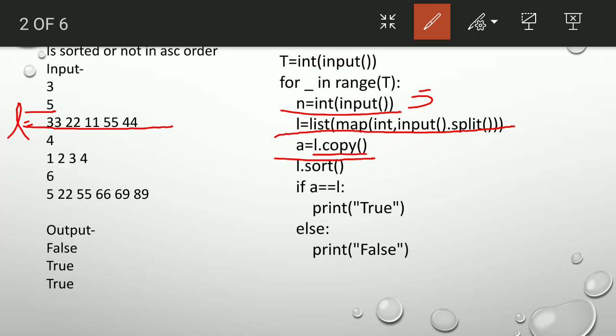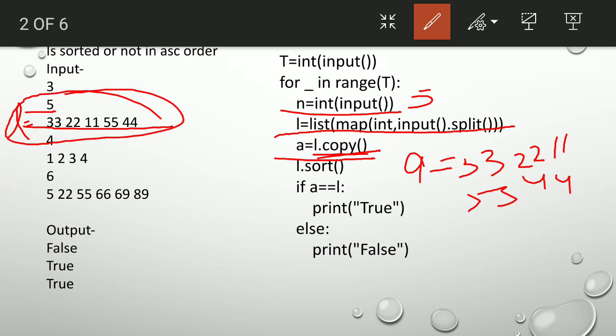L dot copy will create another list named A, which contains 33, 22, 11, 55 and 44. If we make any changes in this list, it will not affect the other list. Like if we insert 100 in this list, it will not be inserted in the list A. So both are separate. That's the function of the copy function in Python.